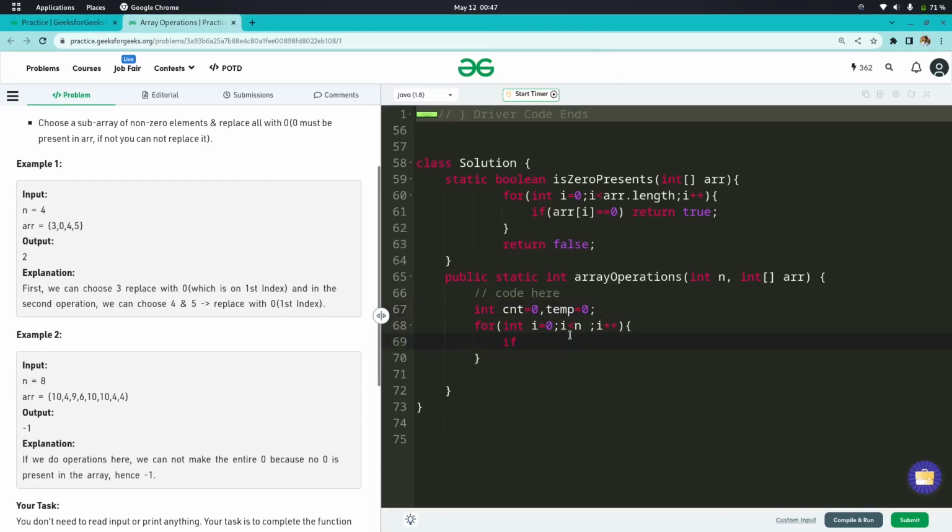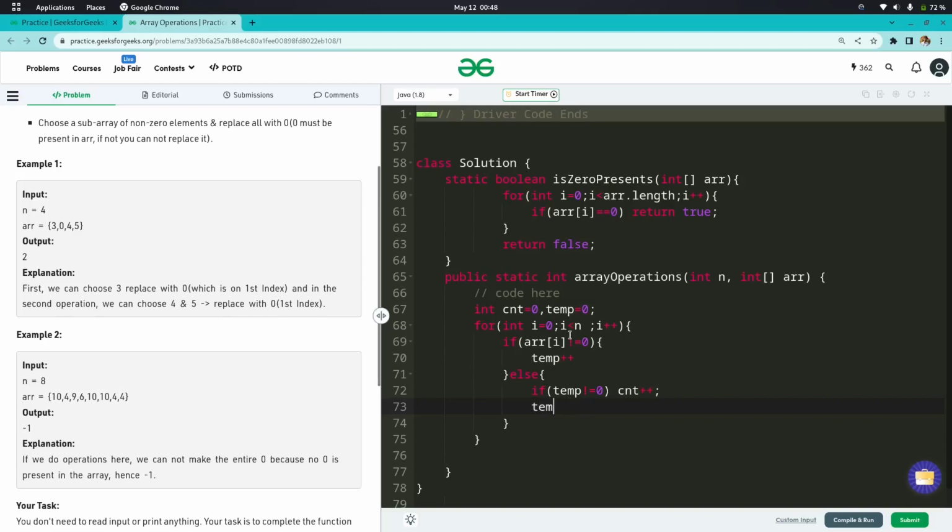So if array[i] is not equal to 0, then we will increase the value of temp, so temp plus plus, and else if temp is not equal to 0, then we'll increase the value of count, otherwise count is equal to 0.